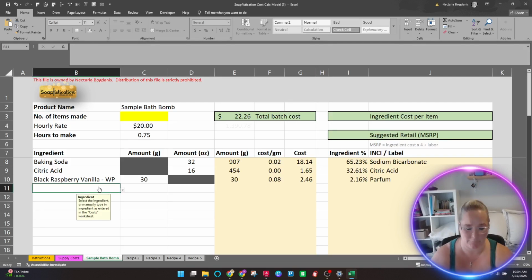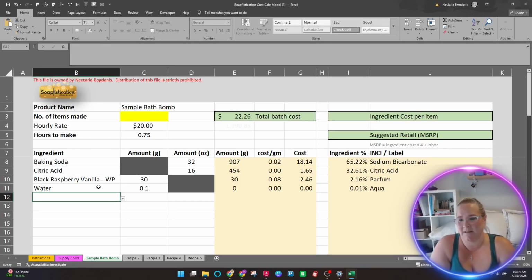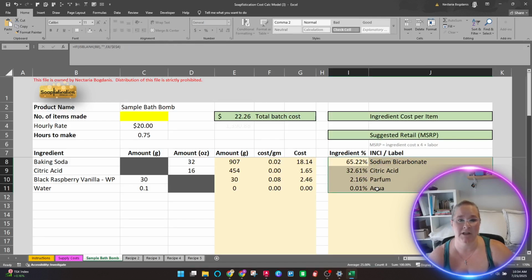Okay, and I would put water in because I know I have to have that on my ingredient label. And I'm just going to put 0.1 as my amount because it's probably barely anything, and I'm not weighing it, so whatever. But it's in there. So what came in over here are what I have for my label. I have my label stuff prepped and what percentage it is. Because as we know, when we do our labels, we have to put them in with the most volume first.